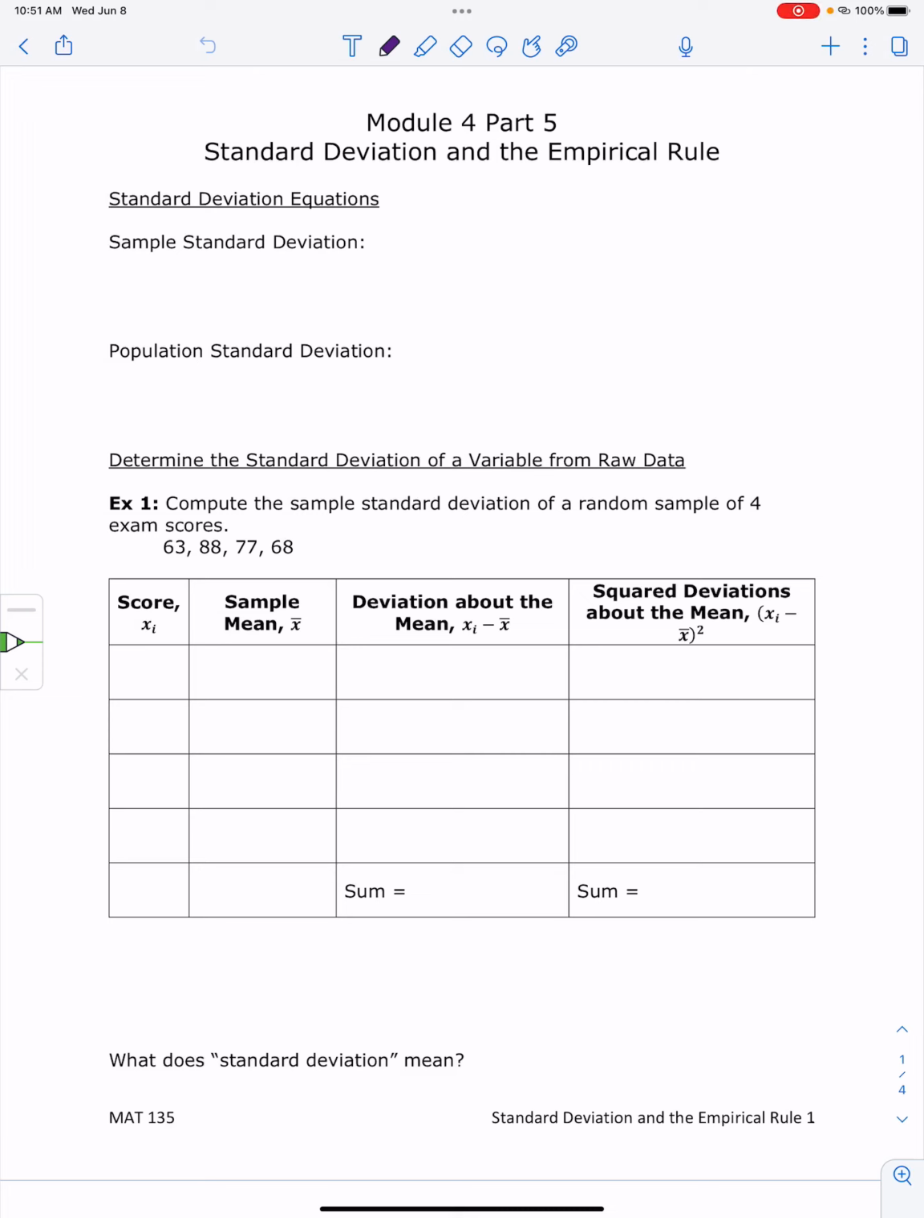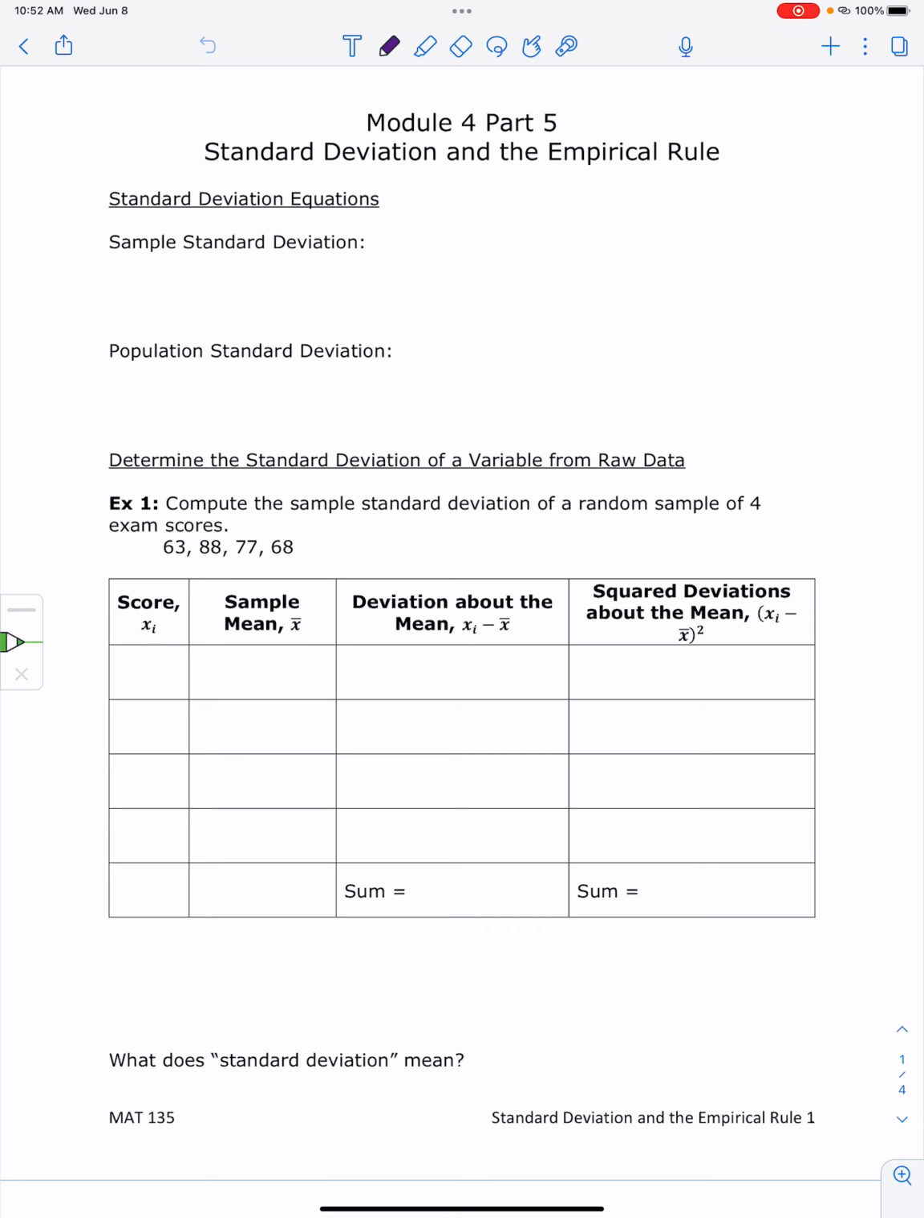These are the Mod 4 Part 5 notes, page 1. We are going to talk about standard deviation and the empirical rule. First off, we are going to start by defining standard deviation using the equation. We're going to take a look at an example of how we find the standard deviation by hand. Most of the time we will do this in Excel, but this example will help you understand a little better